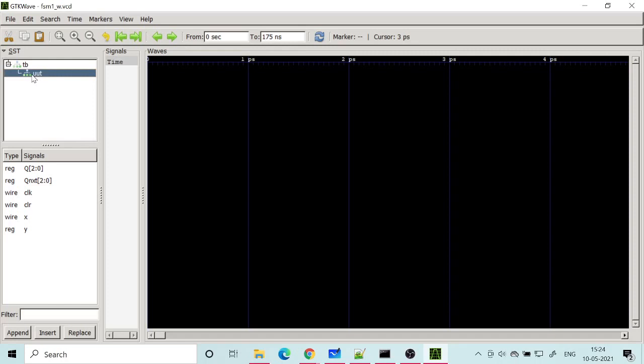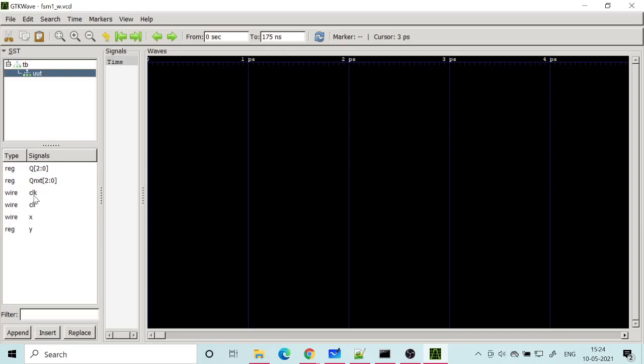But since I have dumped all the variables with the specification 0 in the dump command, it is showing both the instantiated module and the test bench variables. So this is the test bench variable, and this is what is externally available to us. Q, the state, is not externally available to us. We will only have the inputs clear, clock, and X, and an added variable which we have introduced in the test bench. Whatever is in the test bench variable, that only is available to us. But if you are interested in Q, the state of the flip-flop, the input and output, the next state and the present state, then you have to see that.